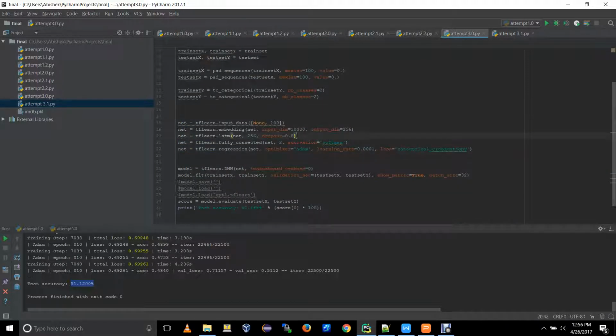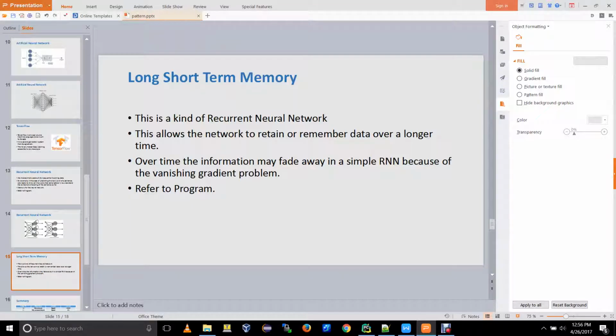Here I've directly specified that I need to use a tflearn.lstm, and this similarly has an embedding layer from the previous layer, which converts it from 10,000 to 256. So let's look at the test accuracy of each of these cases. I have around 8 of them. So let's go back to my presentation full screen.